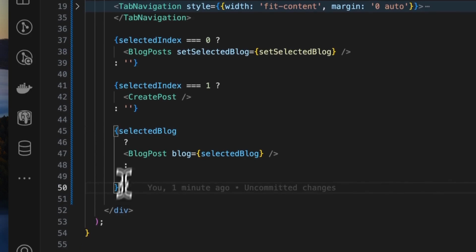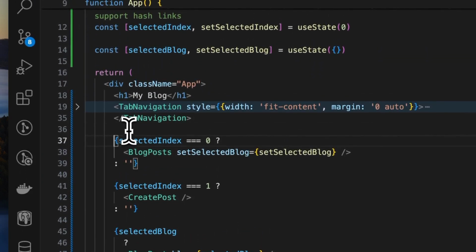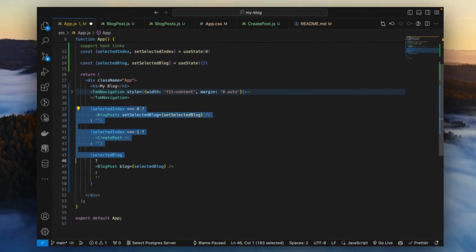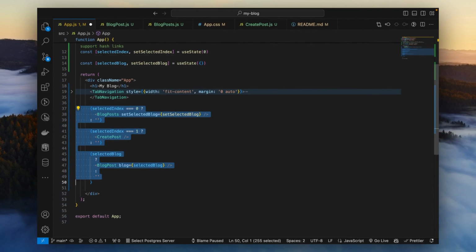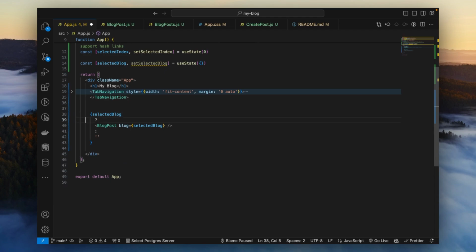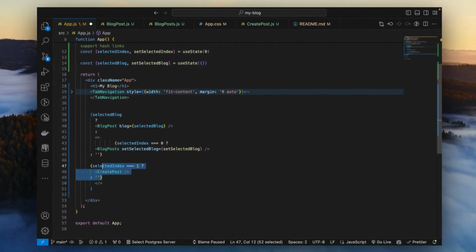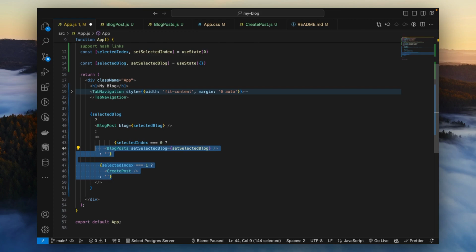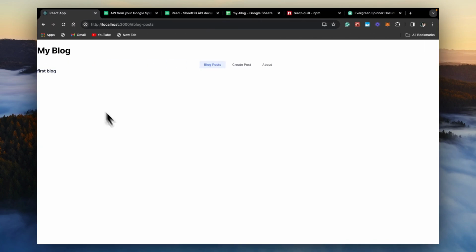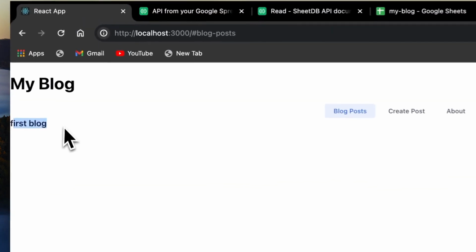So what we can do is we can grab this entire thing or these two things, cut them, and then we come down here, we create an empty tag, and inside of that we paste what we copied like this. So now the first blog is being displayed,